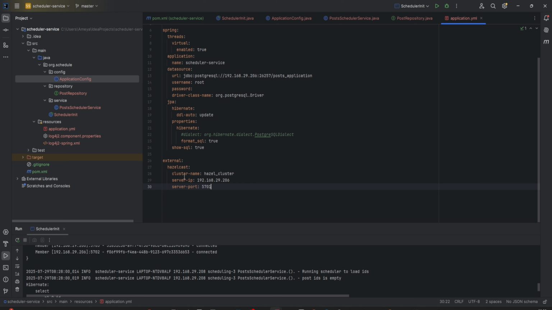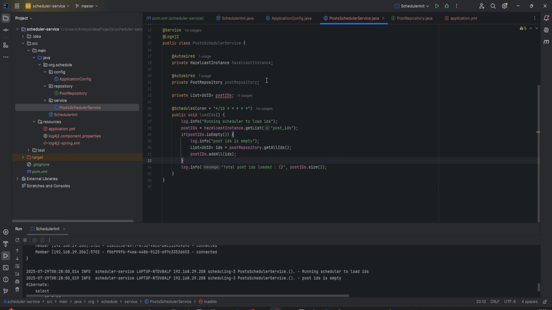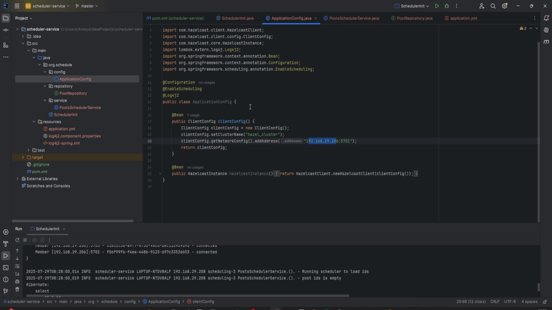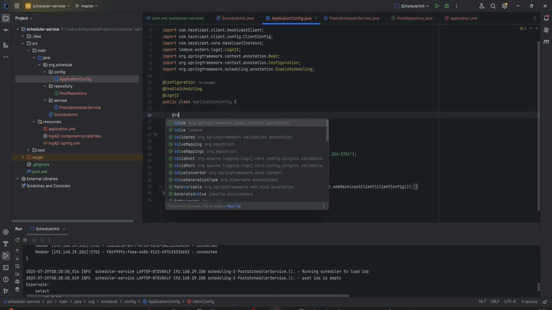And I need to take this out and put it into here, and then at value